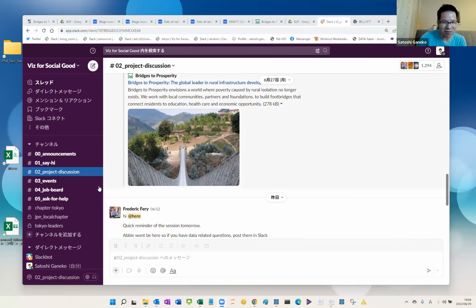Usually if you have a data specific question, basically just tag Abby and Christina. If you look at my last message, those are the volunteers from the charity, from B2P. Otherwise you can tag anyone, or just T and myself and other people from the board. We monitor Slack all day long.